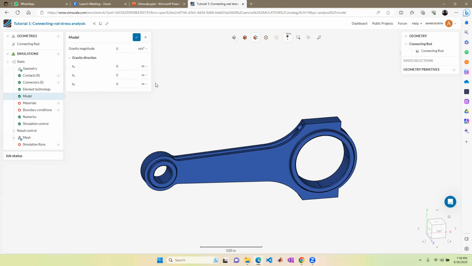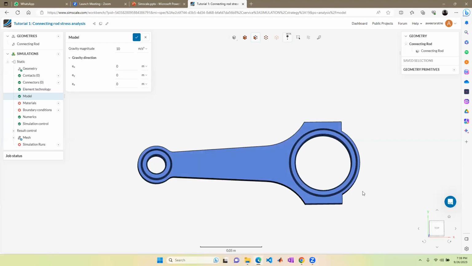So we need to specify the gravity. The gravity specification can be done by specifying the magnitude of its gravitational acceleration and the direction of the gravity with respect to the orientation triad that's given over here. So you can specify the gravitational acceleration. It's a constant. It's 10. If you are a real stickler, you can use 9.82. And with respect to the direction,